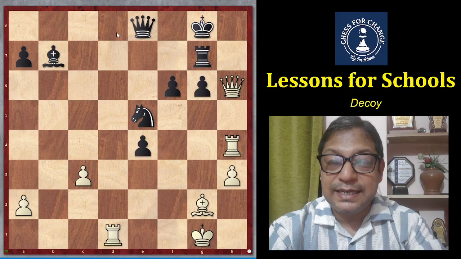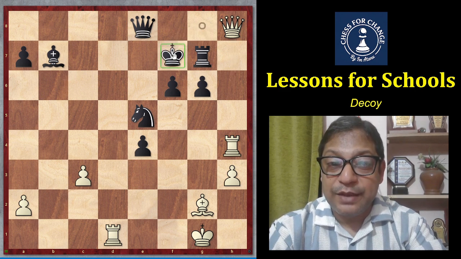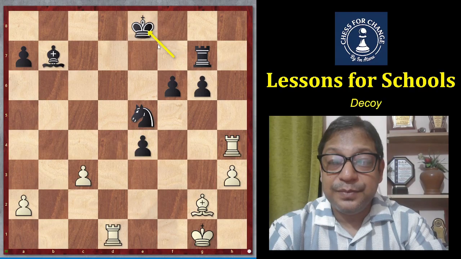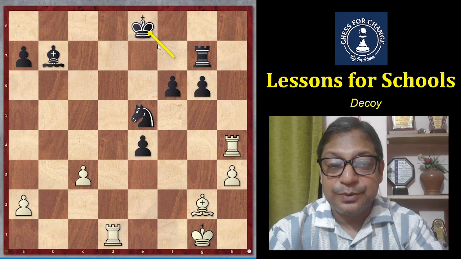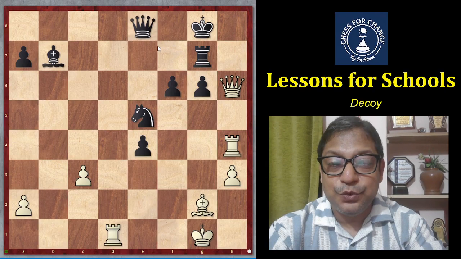Before understanding the logic of this, I'm sure many of you were considering queen h8 check. The queen lands very close to the king, supported by the rook. The black king has to go to f7, and then if we capture the queen, the king recaptures, and again the fight continues. Nothing happens immediately. But for white to win, he has to